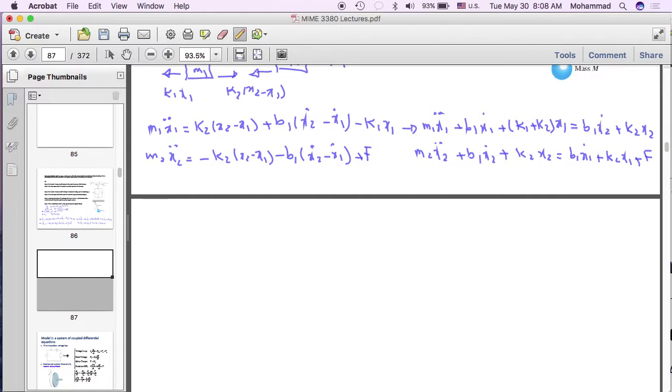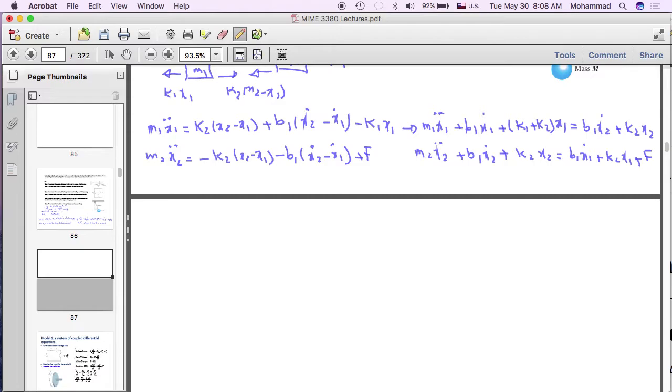And if you look closely at these two differential equations, the first differential equation is between x1 and its derivative and x2 and the first derivative. And if you look at the second equation, we have x2 and its time derivatives on one side and x1 and F on the other side. So we have a mixture here. So if you look at the first equation